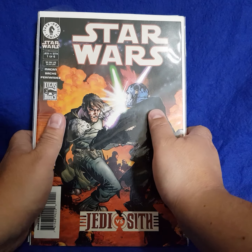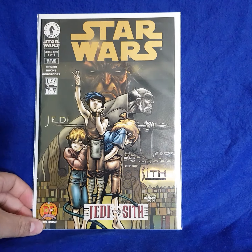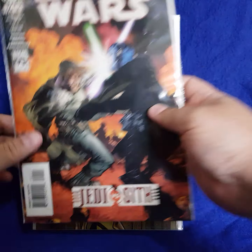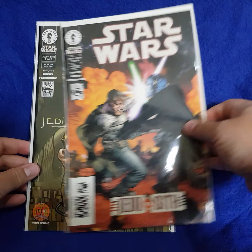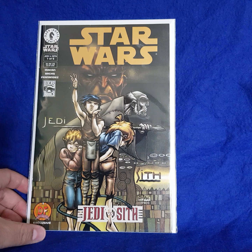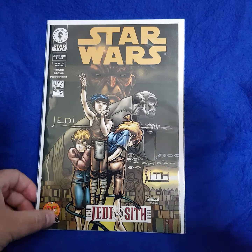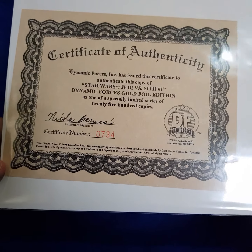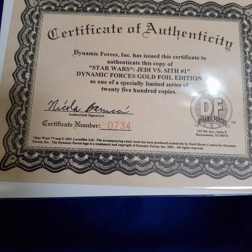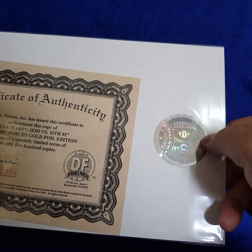And the cool thing about that series is I've been very, very lucky and fortunate enough to actually pick up this book here, which is effectively number one, but this is the Dynamic Forces variant, and there are only 2,500 of these ever printed, and there's a certificate of authenticity at the back here, and as you can see, it's copy number 734 out of 2,500. It's still sealed in the original bag,